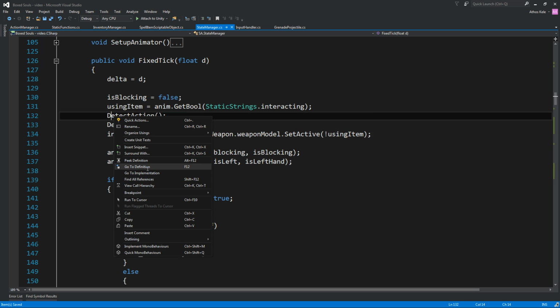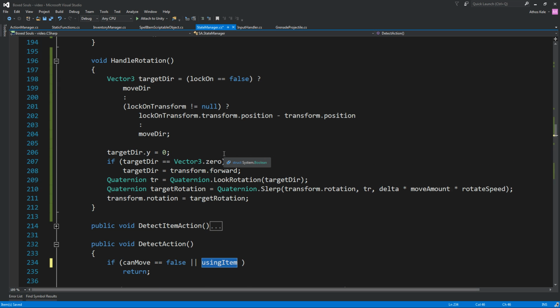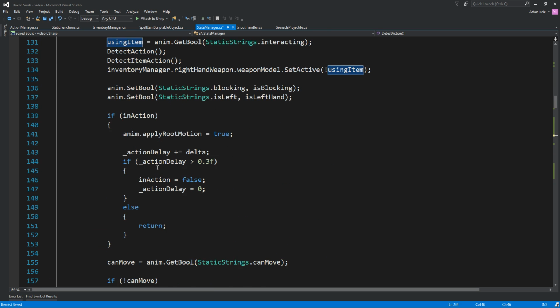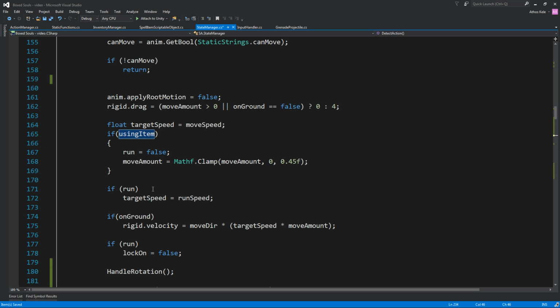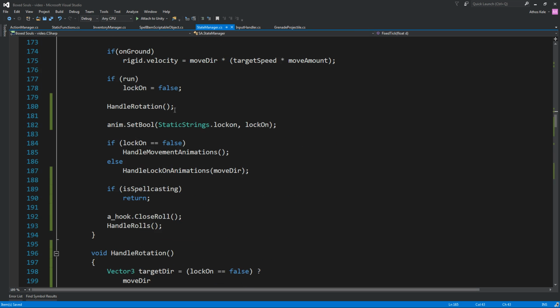You are pretty much set for, I guess, collision detection. Spellcasting will have to do with projectiles. Can move, using item, or yeah, I guess we can use the same as using item, huh? Yeah, it might actually be the correct way to do this. No, let's just keep it separate and we'll see. And we're also going to say if using items or is spell casting